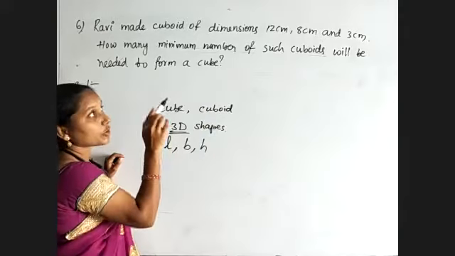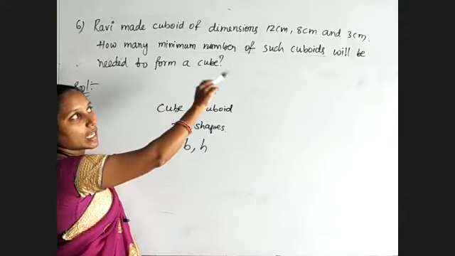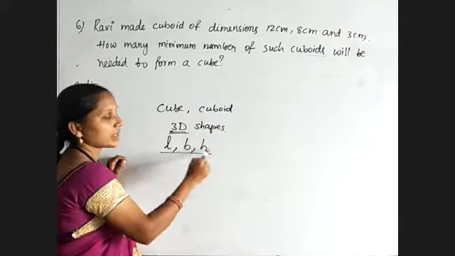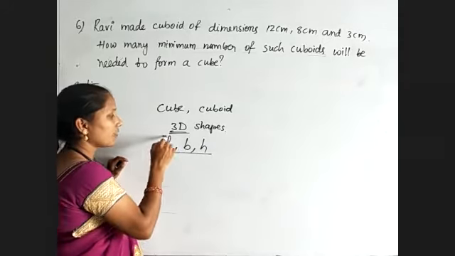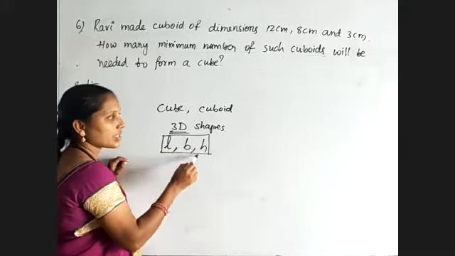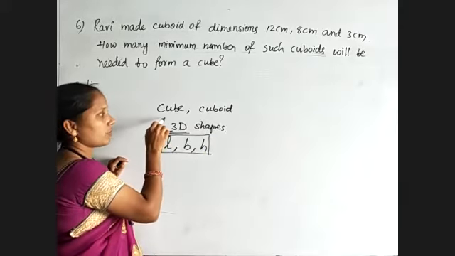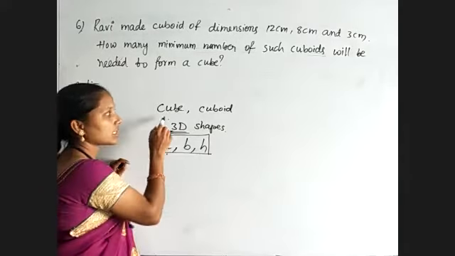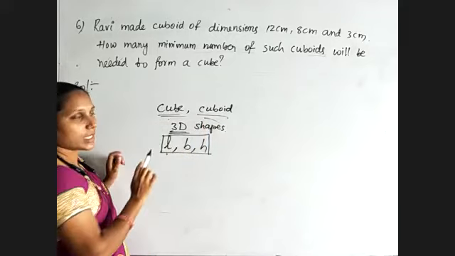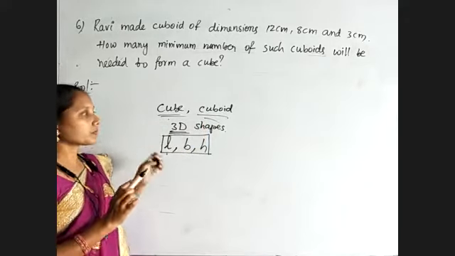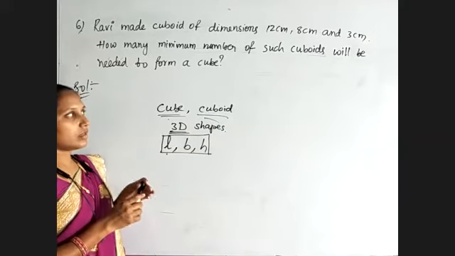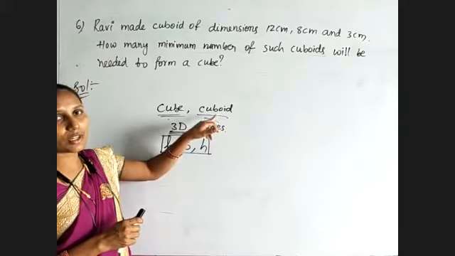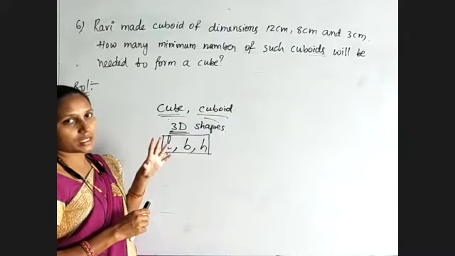Observe that for the cuboid, the dimensions given are 12, 8, 3. 12 centimeters length, breadth is 8 centimeters, height is 3 centimeters. If a figure has 3 dimensions, then it comes under 3D shapes. The best examples of 3D shapes are cube, cuboid, cone, and so on. Here they have given cube and cuboid, so I am going to explain only these two shapes. Observe the toothpaste cover, that is an example for cuboid. For a cuboid, length, breadth, height are all different.